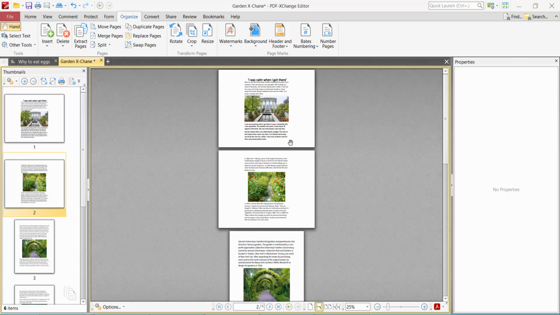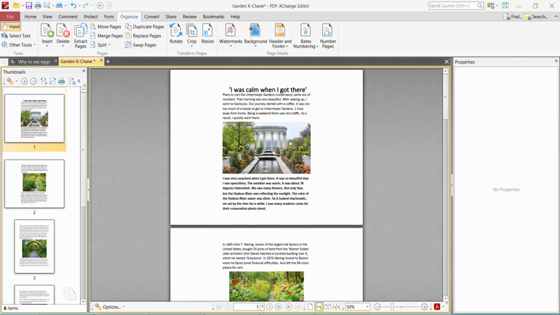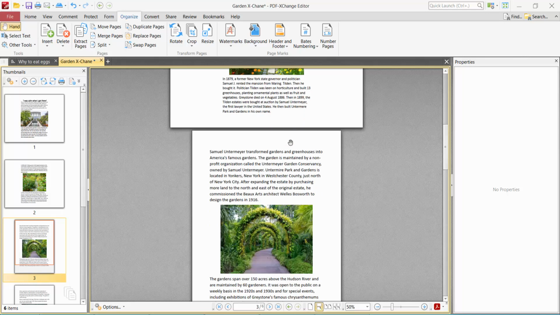and see, these first two pages are now oriented landscape,